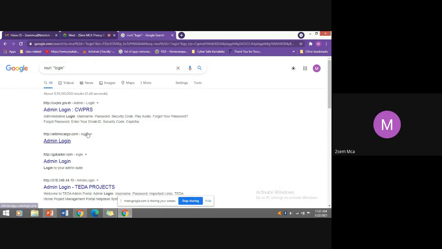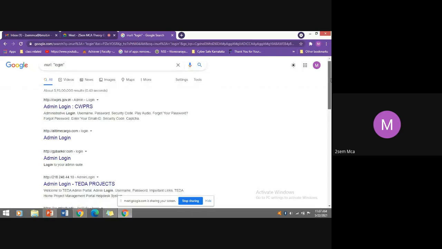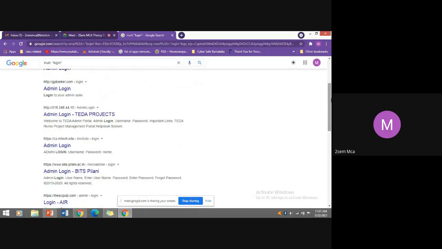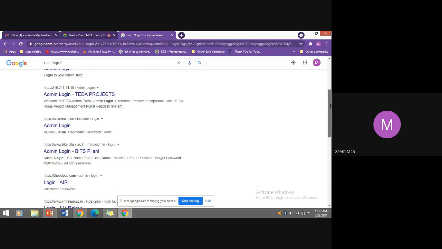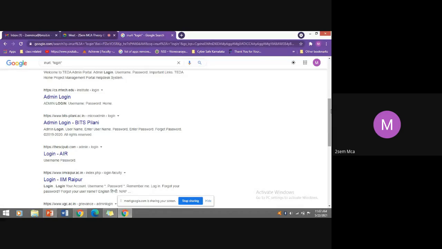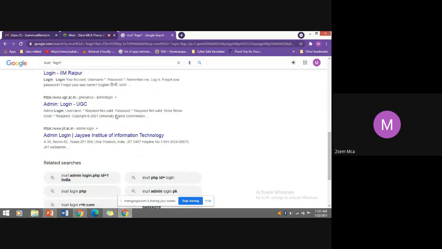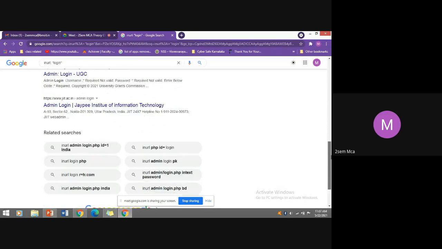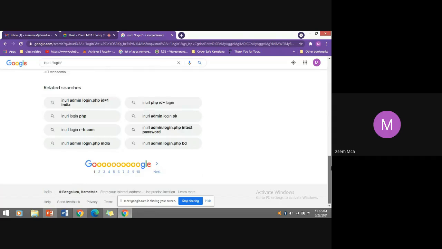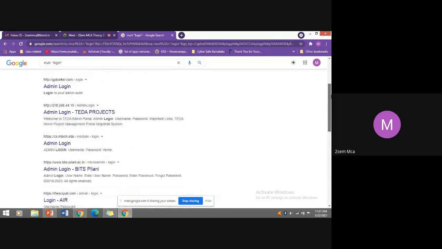This website has login. All the websites which have a login page are going to be displayed. These are all the commands which help us to gather information about the target. So all the sites which have a login page are displayed, right? This is called in URL.